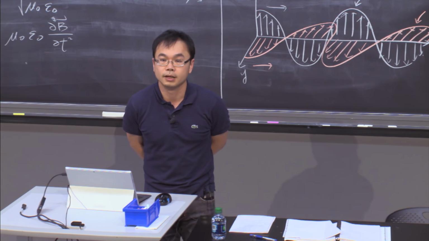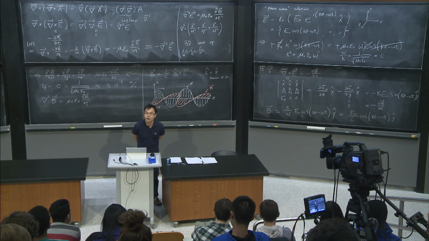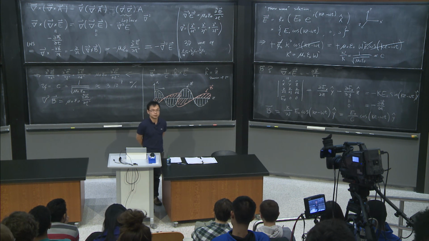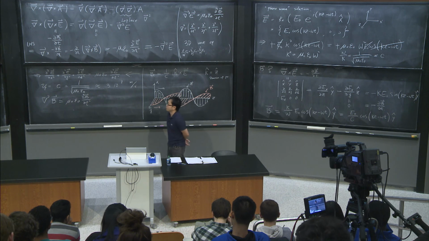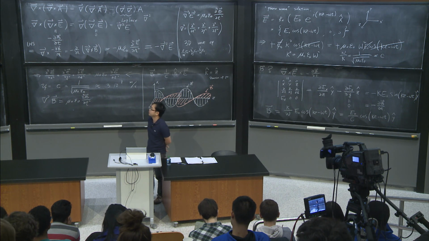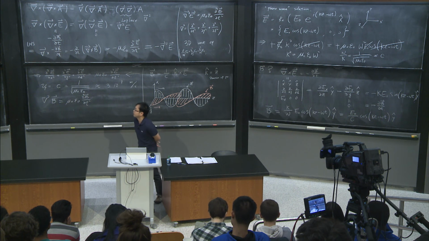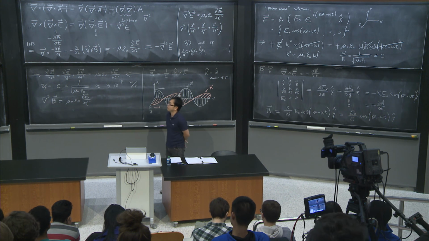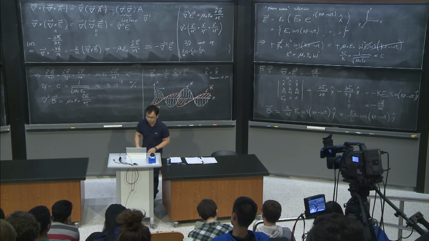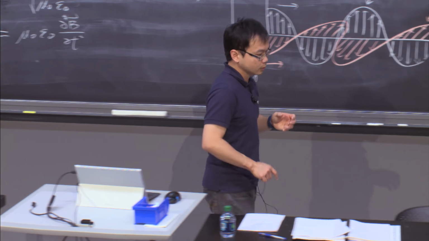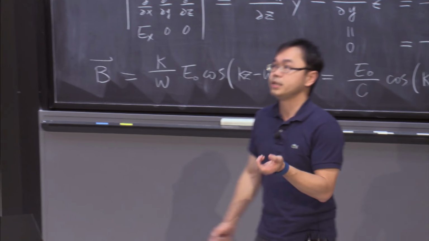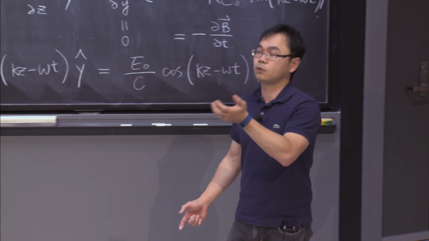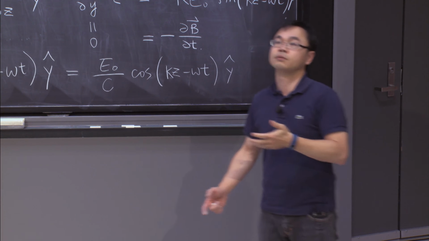If you are given a magnetic field, you must know that there must be a corresponding electric field because they cannot be separated from each other. And you can actually obtain the corresponding electric field, if you are given the magnetic field, by using Maxwell's equations. Okay? So what is going to happen is that now if I emit this photon, or say this electromagnetic wave